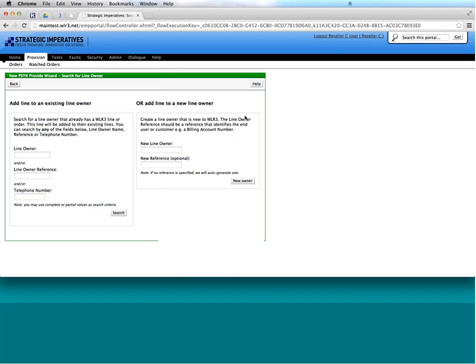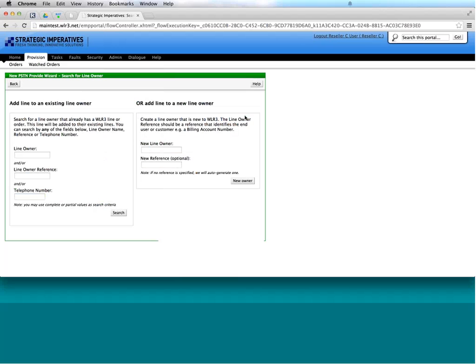Okay, now this screen here, you will see whenever you place an acquisitive order. So whenever you place an order that's going to result in you owning a line, whether that's a provide or a transfer, we'll always ask you for this information. Other order types like ceases and transfers and so on, you won't see this because we know who the customer is. But what we're really asking you for here is please tell us some information about this customer